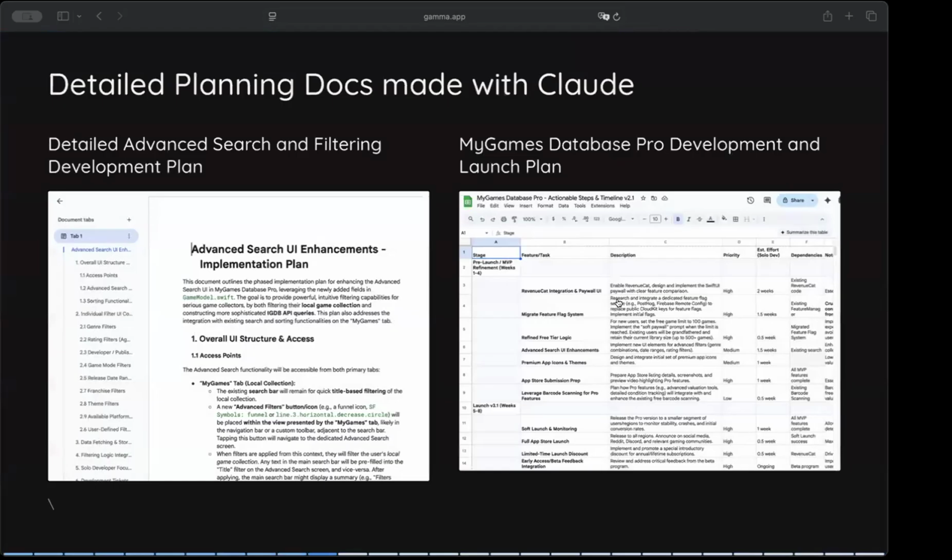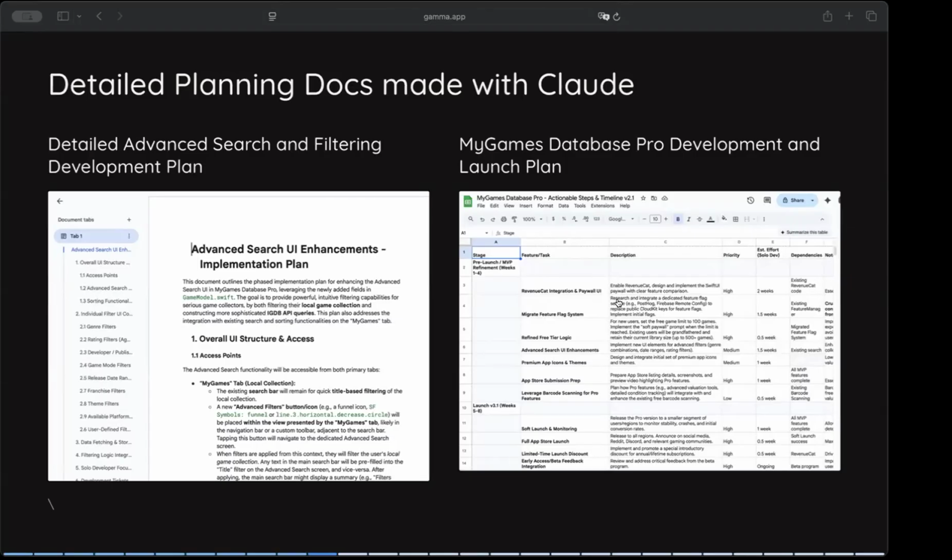Here are two examples I just wanted to show you of how planning mode can help with larger scale development planning. The first is a technical implementation plan for the advanced search feature I was talking about. You can see it doesn't just have high-level concepts; it talks about specific UI components, SF Symbols, architectural decisions, and detailed user flows. Since Claude Code understands your code base and iOS development, it's able to give you specific technical